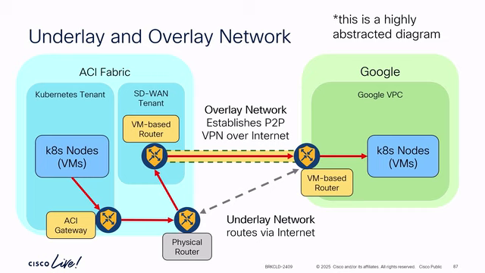We then have a physical router, an ASR 1002X, which is probably end of life by now, but it's a lab, and it works. So we have BGP peering between these two environments. We have an underlay network, which is basically connecting to the internet. Google will expose an internet-based IP address, and we send traffic to that IP address over the classic internet. But in SD-WAN, we actually have a peering with this on BGP. This creates an IPsec tunnel and forwards the traffic over the VPN. So our Kubernetes nodes won't actually know they're going over the internet. They'll think they're going over a private network, and all the traffic will be encrypted in the VPN.